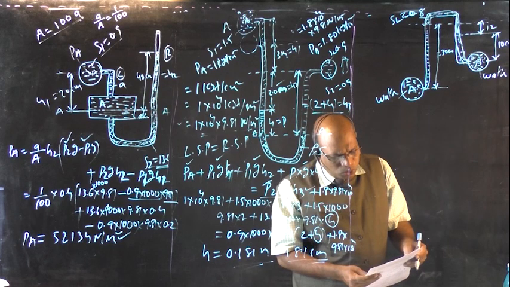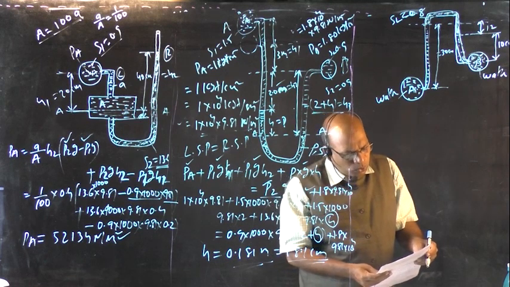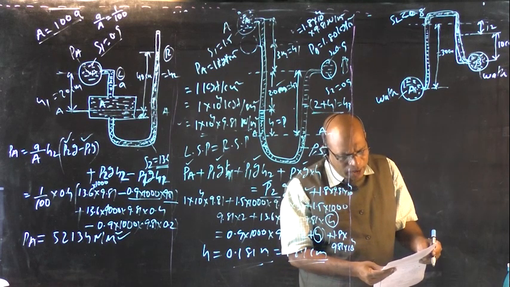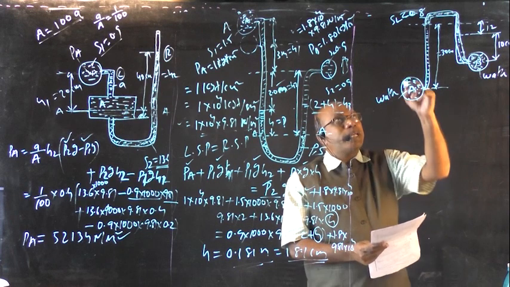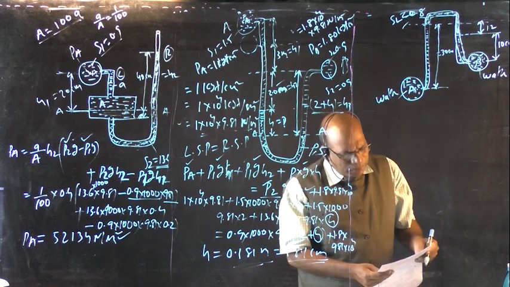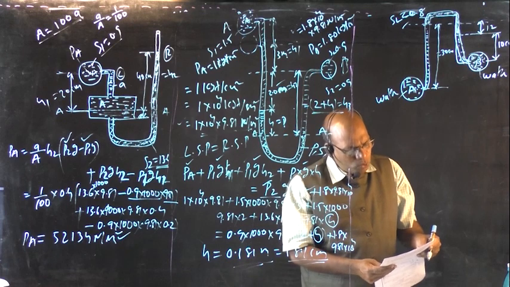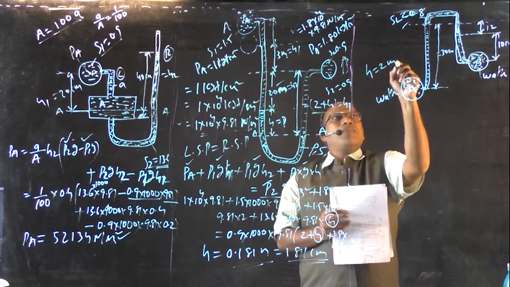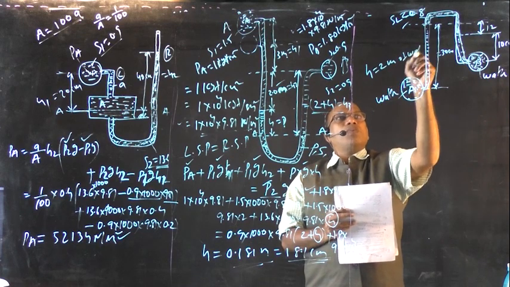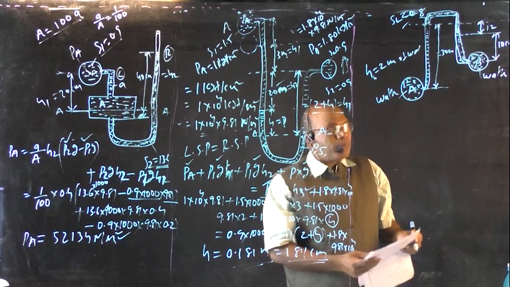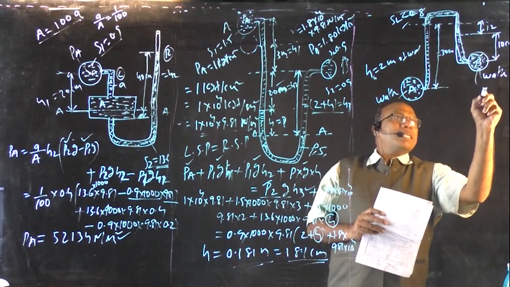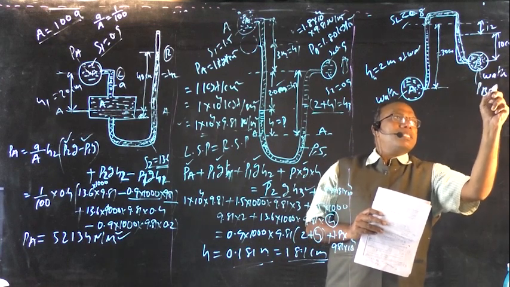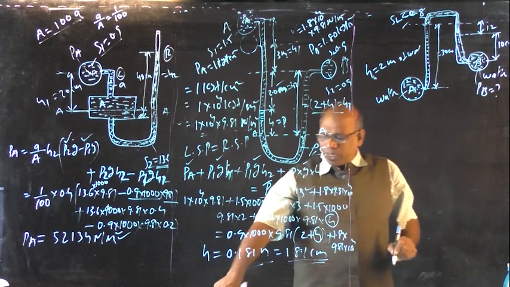Water is flowing through two different pipes, to which an inverted differential manometer having an oil of specific gravity 0.8 is connected. The pressure head in the pipe A is 2 meters of water. The pressure head is given, that is equal to 2 meters of water. Find the pressure at point B. What is the pressure at PB? This is denoted by PB. Right?